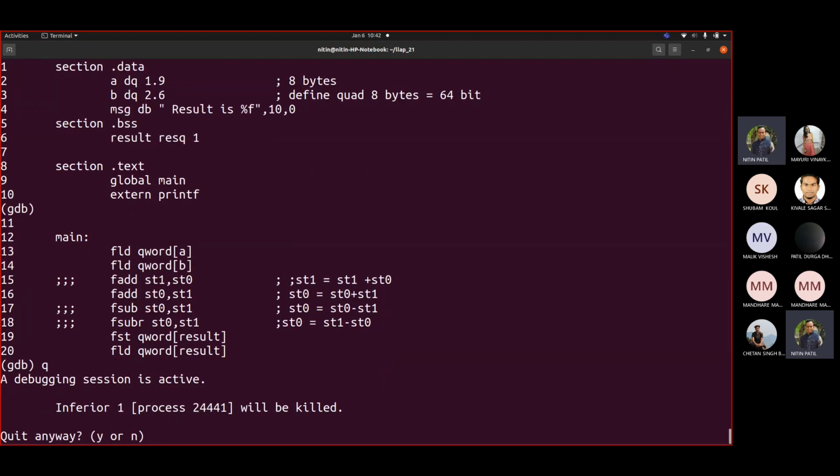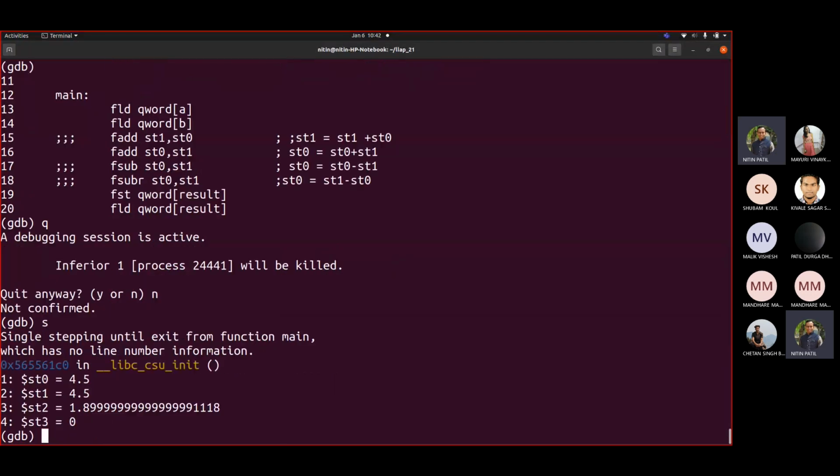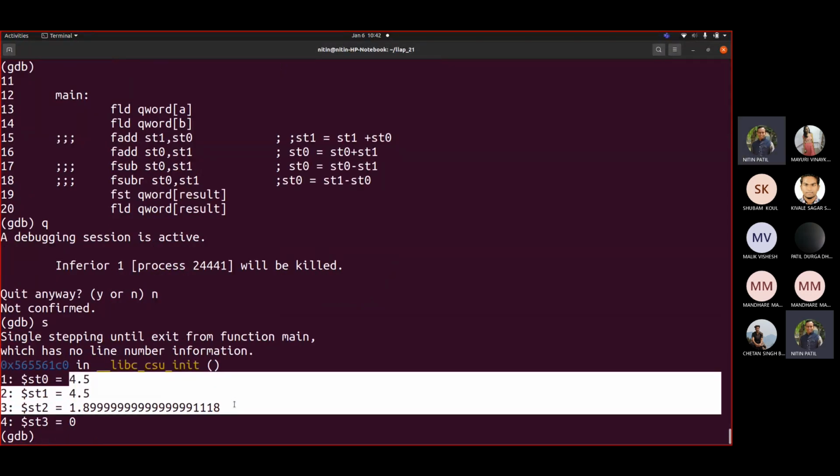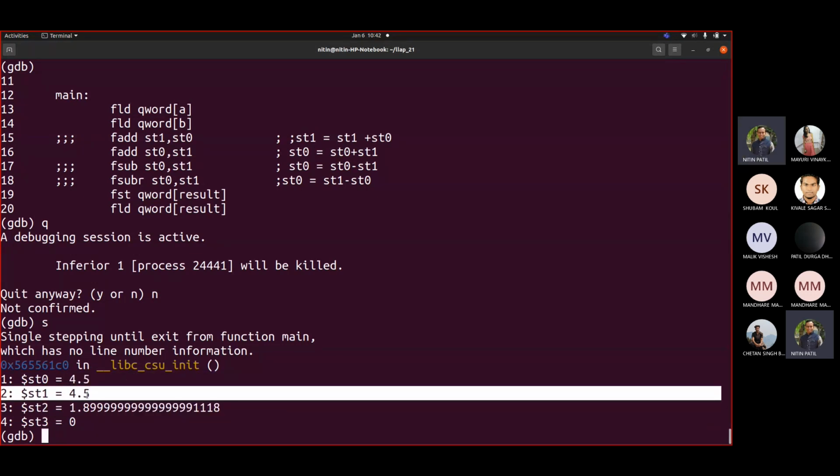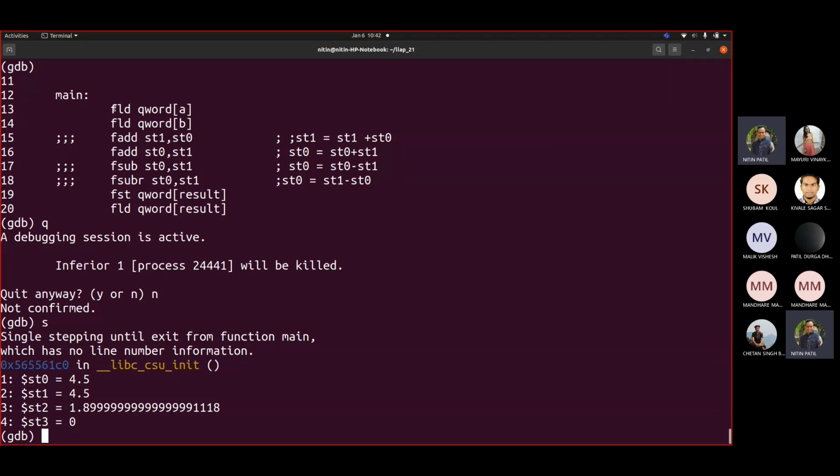So let us see. One can see here, when we wrote this, these were the three values, correct? Now suppose I don't want to keep this value. It should be removed. Only 4.5 and 1.8 should be there. Now I can see that 4.5 is appearing two times because I wrote FLD three times.